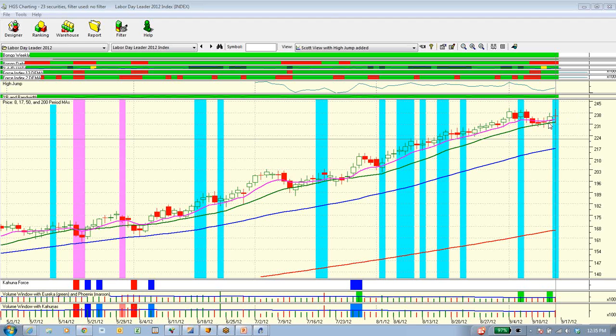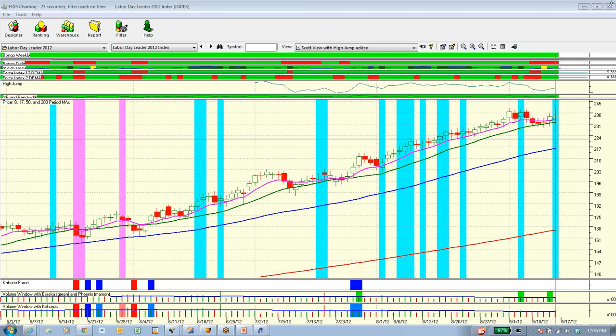And to me, a couple of closes below the 17-day, it closed below the 17-day with huge volume, a deep close on one day below the 17-day, that will tell me it's time to bail out of most of my long positions. And I am extremely long right now based upon what I trade.